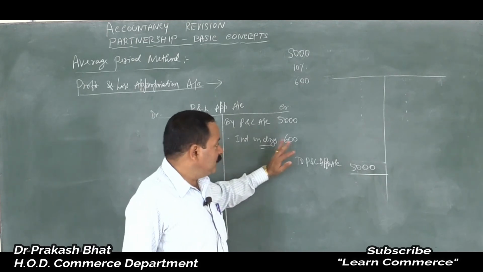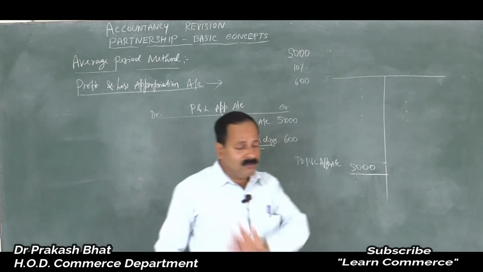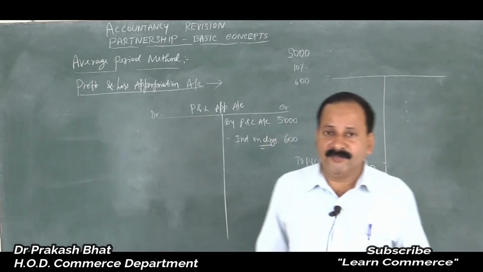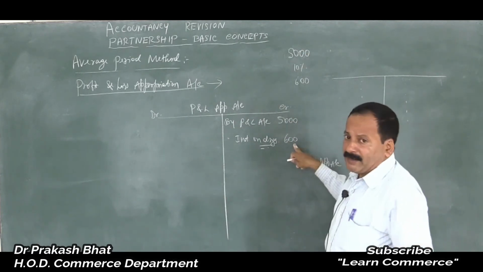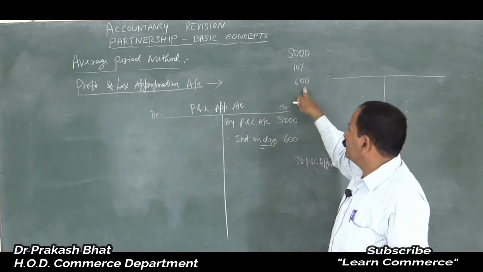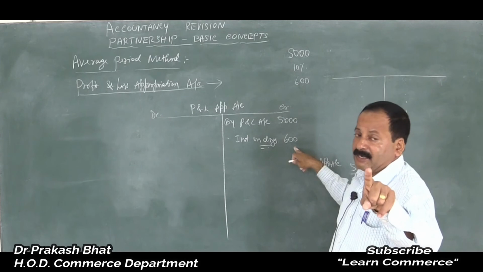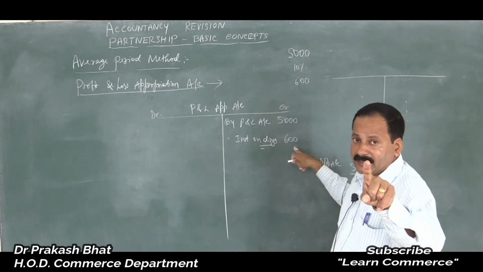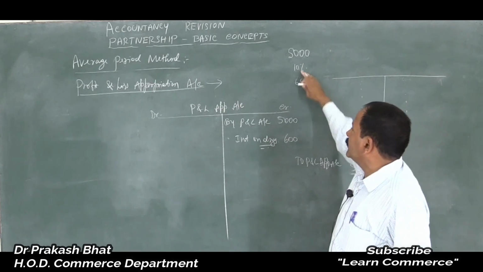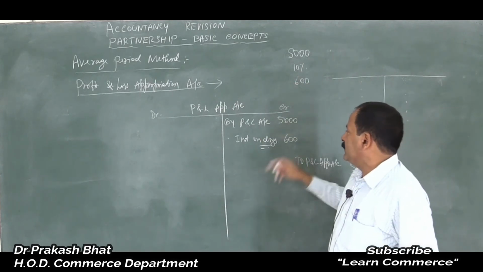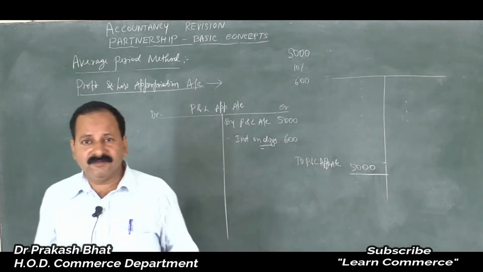So make sure if the interest on drawings amount is given in the problem, forget about other things, straight away enter that amount and don't calculate the percentage. If 600 is not given, then calculate and write 500. If all are given, straight away write the interest on drawings amount. Remember this point, very, very critical point this is. Clear? Yes. If the drawings and interest percentage are not given, and the interest on drawings amount is given, now write that. That's very simple.